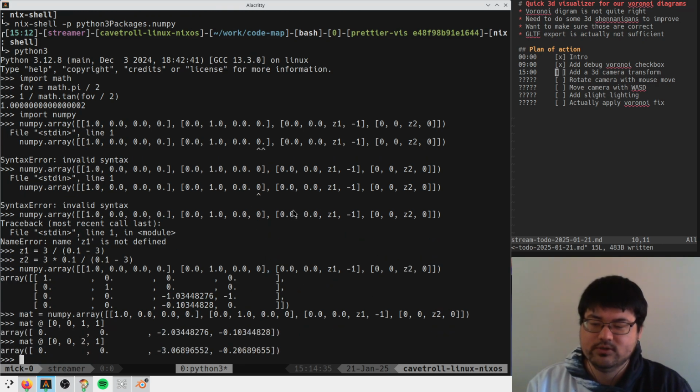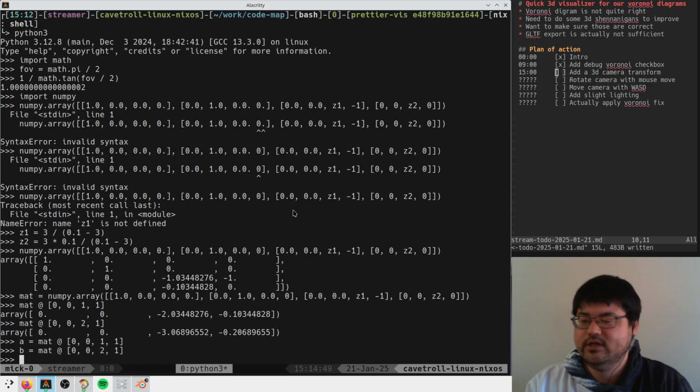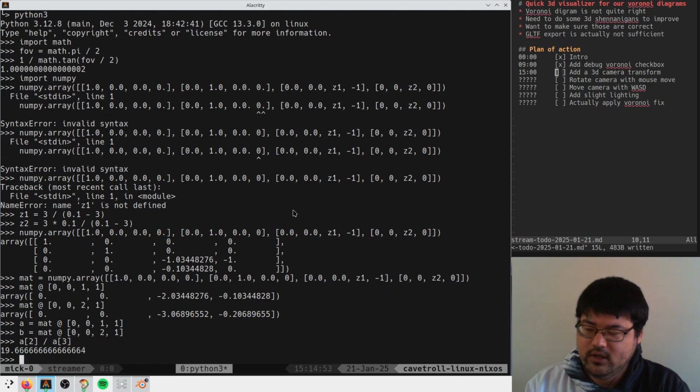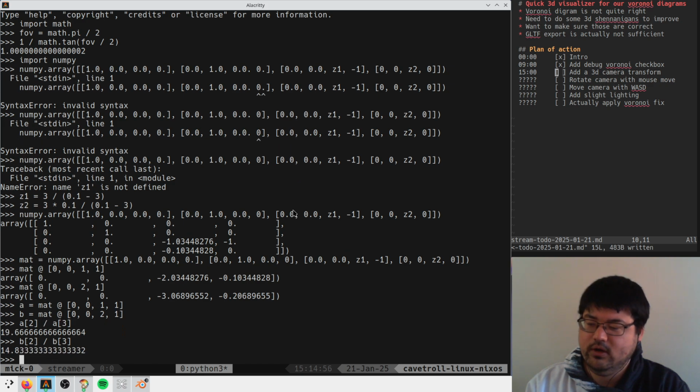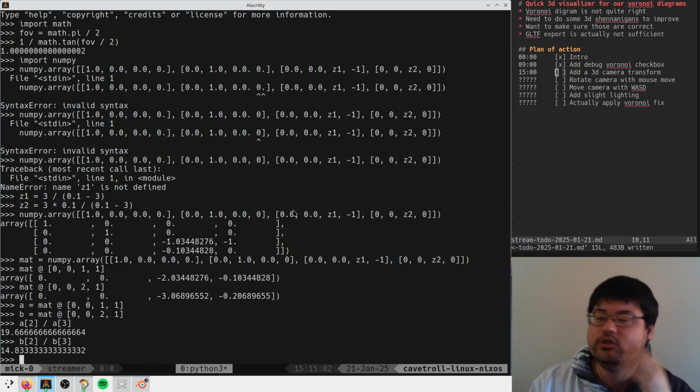Then if we go 2 meters away, is the number getting smaller? Okay, so A is this, B is this, and then we do A2 over A3 and B2 over B3. So the number is getting smaller as it gets farther away,